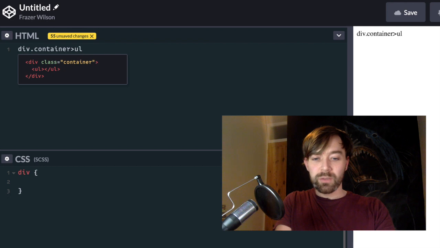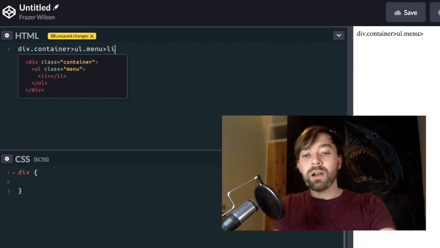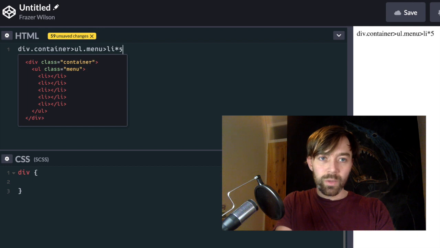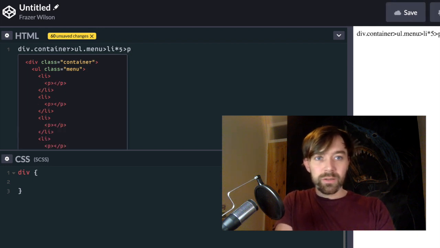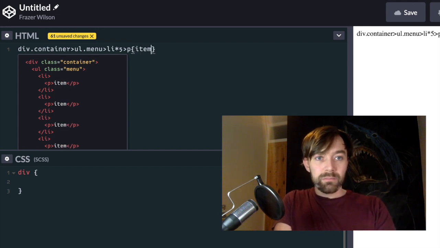So we can have a UL, which is going to have a class of menu, which is going to have LI. You can do times 5, it will generate those, which will have in them a paragraph tag, which you can use these braces to use in a text. So like item,